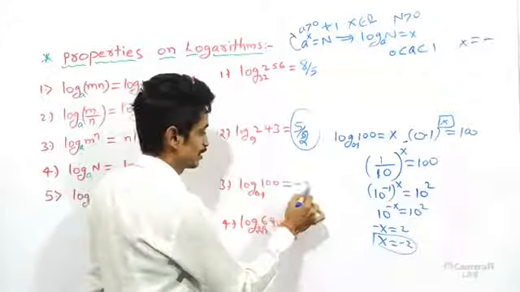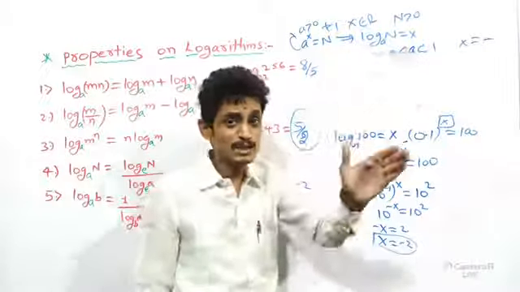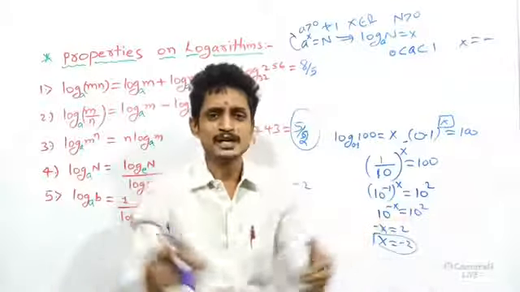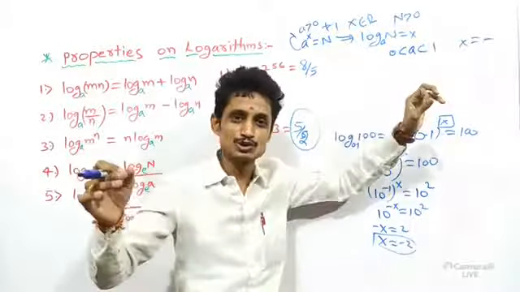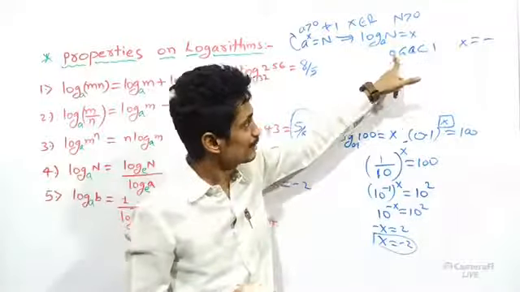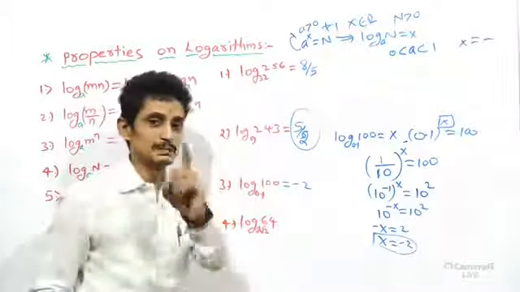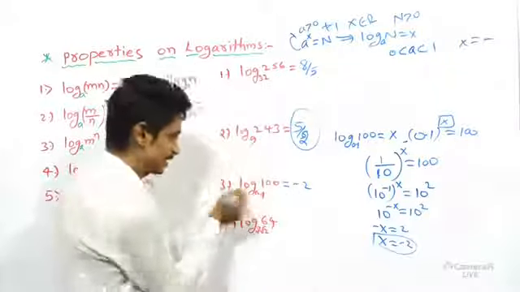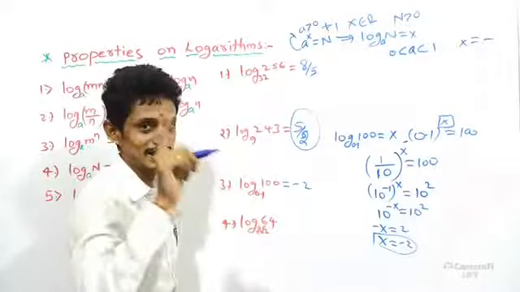This answer is minus 2. What did I tell you? When my base lies between 0 and 1, how many values do you have? So many, infinite values: 0.1, 0.001, 0.5, 0.55, so many values. So when your base is between 0 and 1, at this time your power will be a negative quantity. Keep in mind. This is my answer. In case of minus 100, directly you answer: not defined, n cannot be negative. Keep in mind.